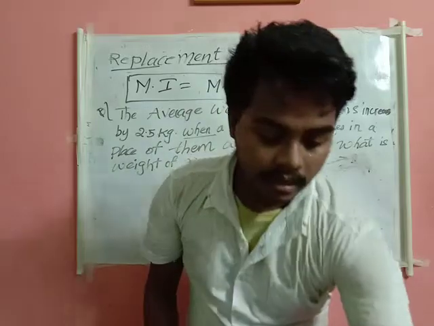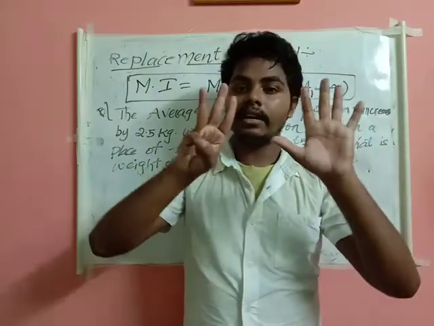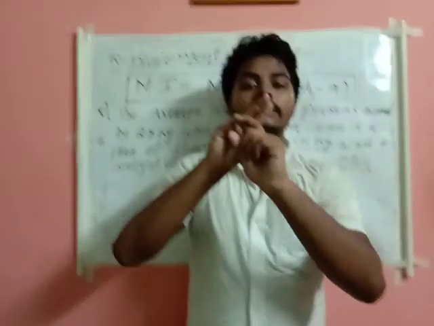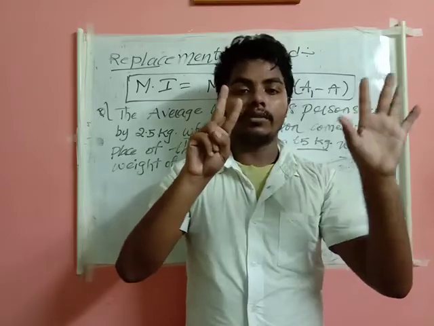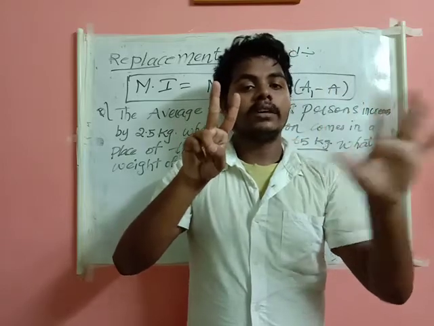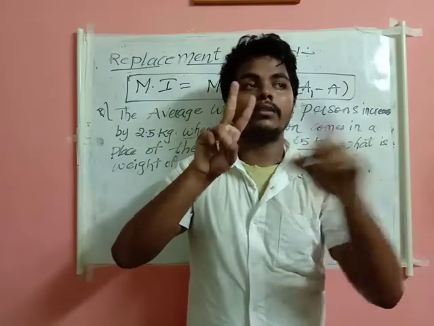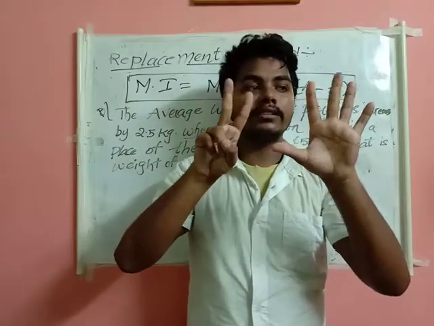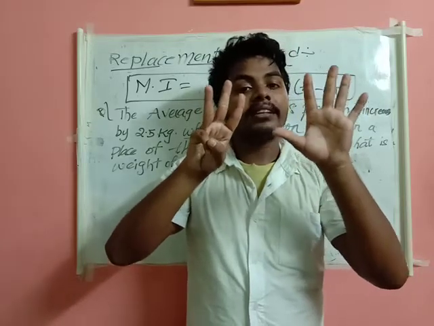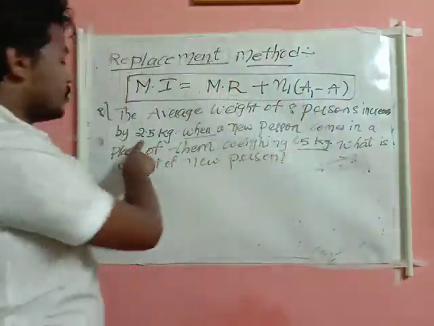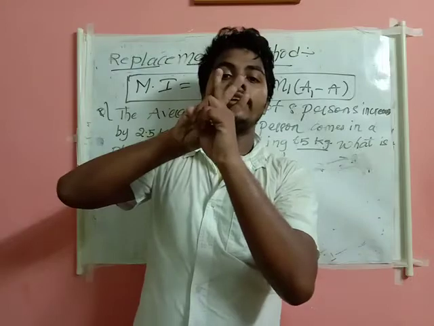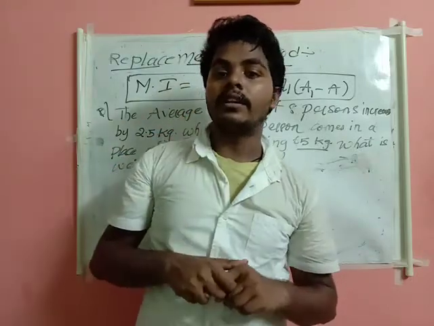Let me try to explain correctly. Initially there are 8 students. Out of these 8, a student having a weight of 65 kg goes out. Now 7 students are there. What is replacement? You replace the student, so you get another person and add him to the group. Now after adding, I have 8 students. But after adding the 8th student, the average increased by 2.5 kg. Now he is asking, what is the weight of the student included? You got the question, right?